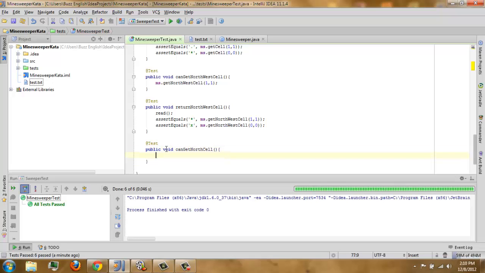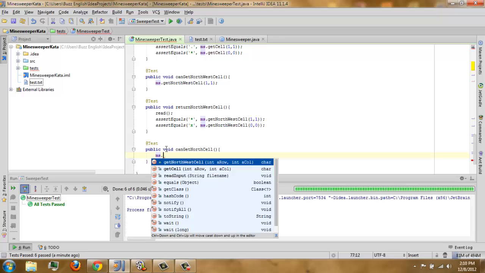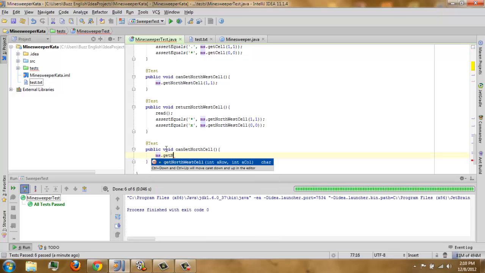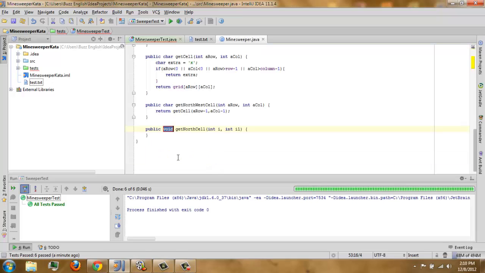Actually, for the visiting of our neighbors, we are not following any order. You can do whatever you want, but just to avoid some confusion, we arrange it clockwise.